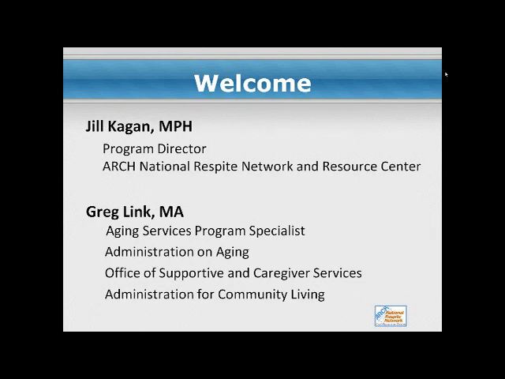The Sustainability Toolkit that is going to be reviewed today includes the Sustainability Workbook with 5 modules. This package has already been shared with the Lifespan Respite grantees, who should have received this via UPS in the last week. Due to limited resources on our part, we're asking the grantees to please share this workbook with your state respite coalitions and your other primary partners.